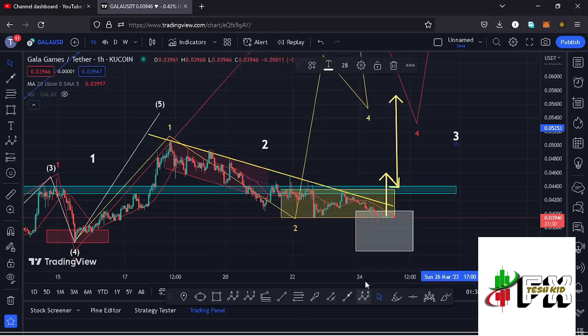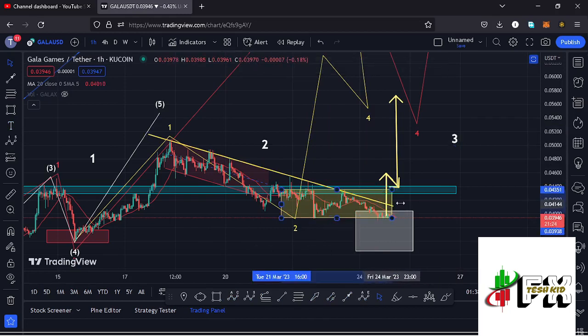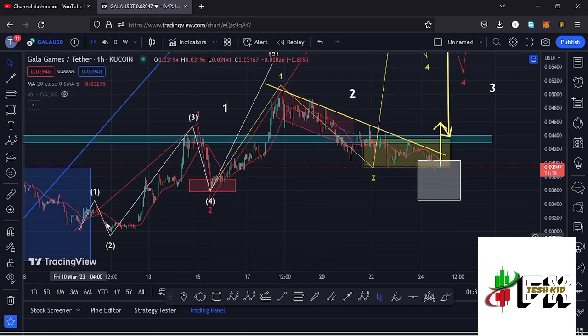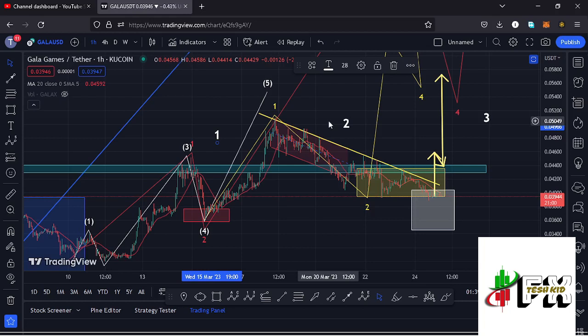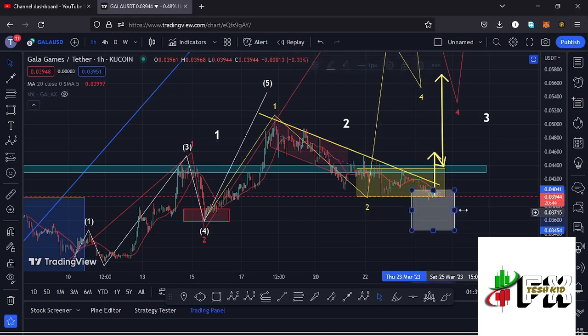And I believe this is the most likely possible scenario here on the Gala Games chart, since at the time of this recording we are just about to lose these yellow target area, suggesting that this whole structure, after seeing our low in the formation of these larger Elliott wave count 2 down here, we saw this massive run up to the upper side, completing a 5 wave structure to the upper side at around the $0.05119 mark, and also completing the formation of that first wave to the upper side. And whatever we are seeing is a corrective structure in the formation of this wave 2 in a move that should give us a low between the $0.0454 mark and the $0.0346 mark.